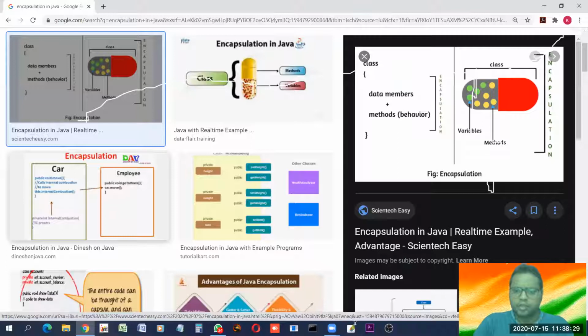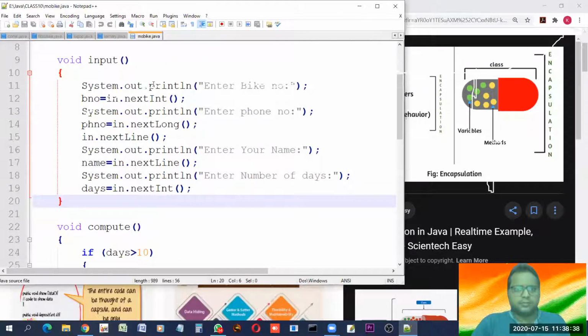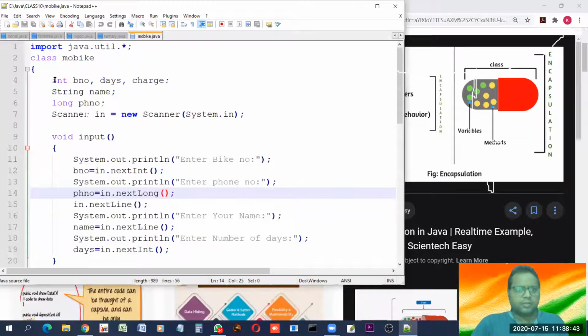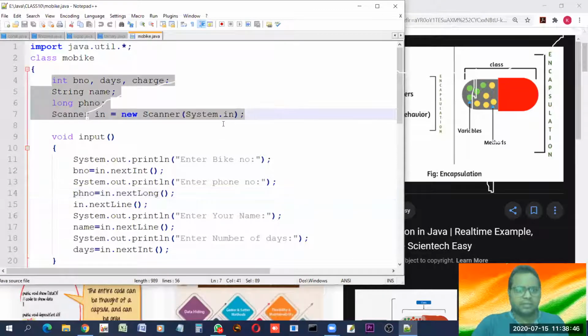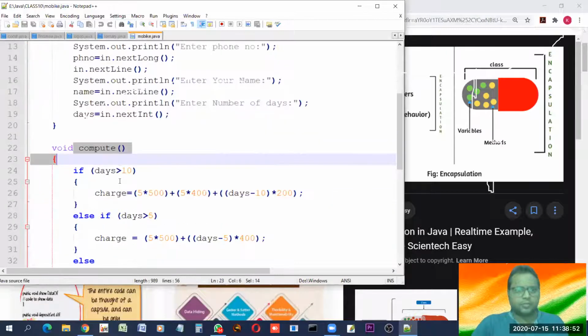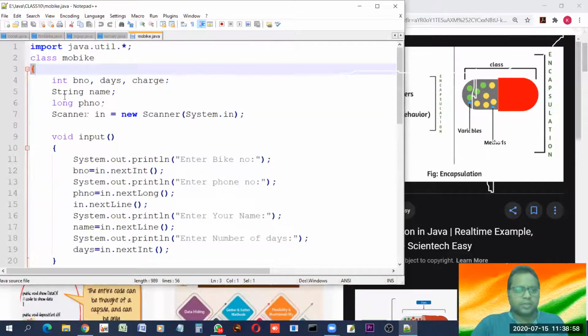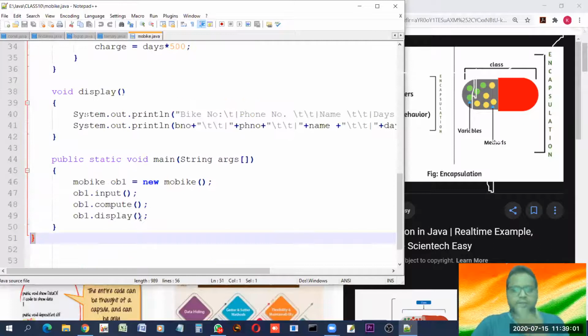And let me show you any object oriented program that we have made. Anything, like this is one program. Here also what we have done, we have taken the variables, we have functions, function 1, function 2, function 3. We are calling these functions. And everything is there in the class. Look at the curly brace. So encapsulation means wrapping up of data and methods in a single entity for its safety. That is called encapsulation.